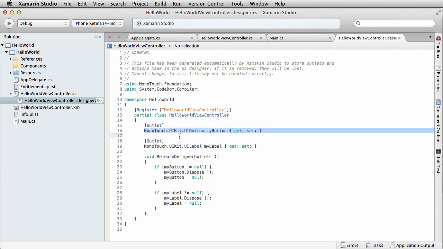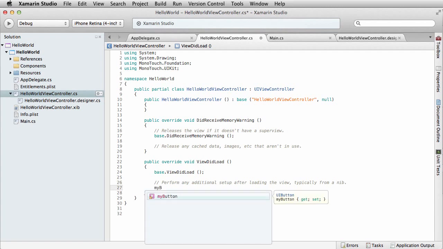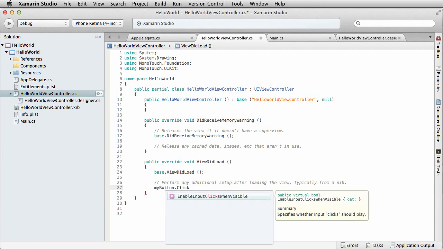And this should look pretty familiar to someone in C#. Now you can reference this my button or my label by name, and they're of type UI button and of type UI label. So let's go into my controller here, and now I'm going to perform some additional steps after my view loaded. And I'm going to say something like my button, and you'll see that now it knows that it's my button and it's a UI button. And let's say that I want to hook the click event. So let's type click,